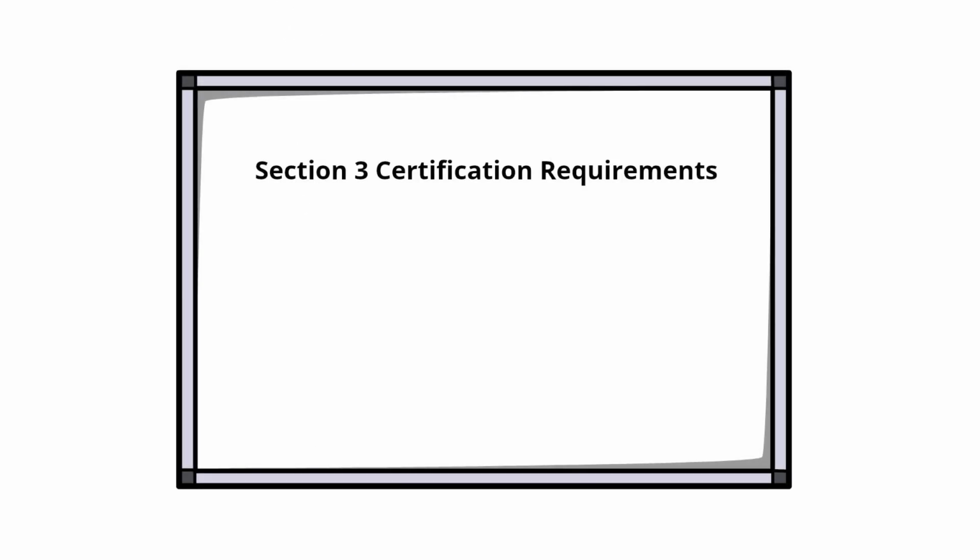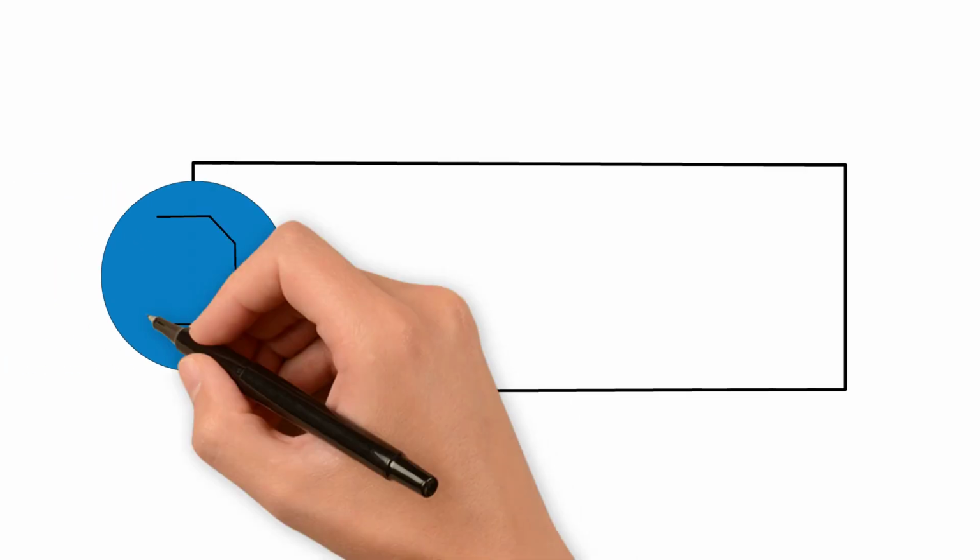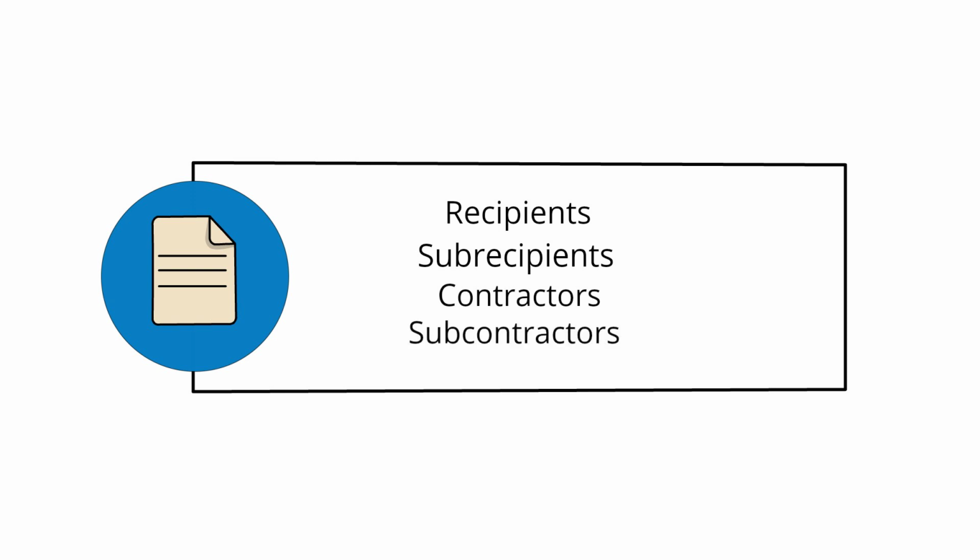In this video, you will learn about the Section 3 certification requirements for Section 3 workers, targeted Section 3 workers, and Section 3 business concerns under the provisions of Public Housing Financial Assistance. There are certain types of certifications that recipients or their subrecipients, contractors, and subcontractors must maintain under the final rule